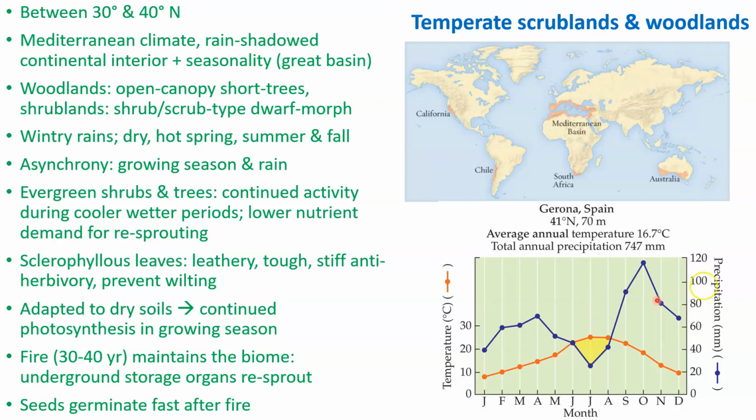Just to explain this particular image, it shows the asynchrony. Look at the temperature. Temperature peak is in June, July, August, right? But during the same time, there's a huge moisture deprivation, right? Moisture peak is right over here, there's one peak, but the biggest peak is towards the winter, right? But during that time, it's quite cold. So this is what I meant by this climatic growth season mismatch. The better term is asynchrony or growth asynchrony.